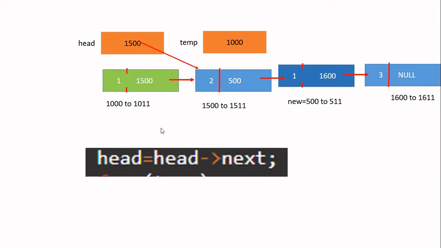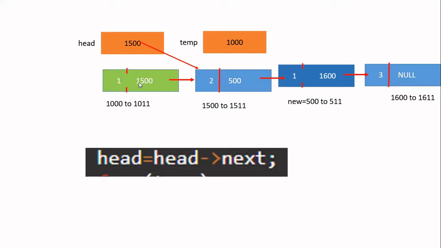Now, what is the next step? If you see the next step, this you have to delete. Can you call the function free? Because I have allocated memory by using malloc. Whenever I allocate memory using malloc or calloc, I have to release it only by calling the free function. To the free function, you will pass the pointer variable. What is a pointer variable? That is nothing but the starting address of this block you have to pass to the free function.